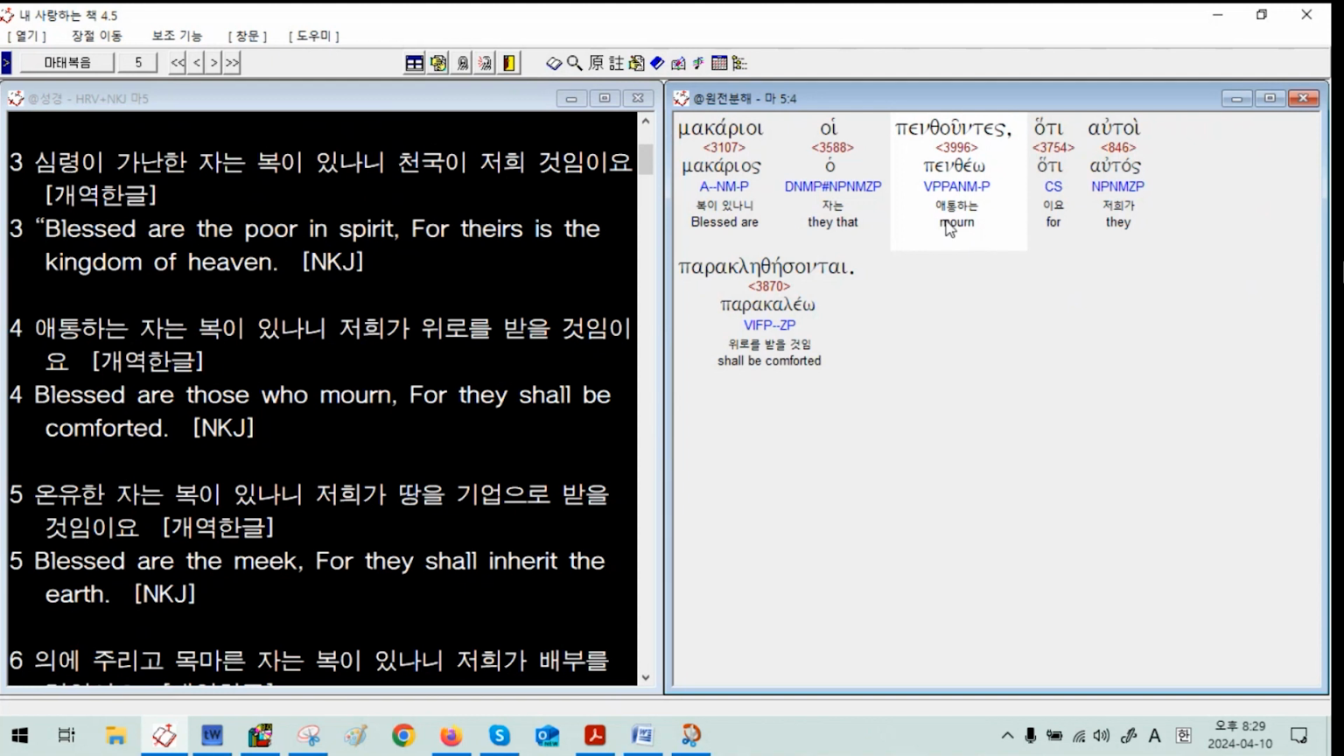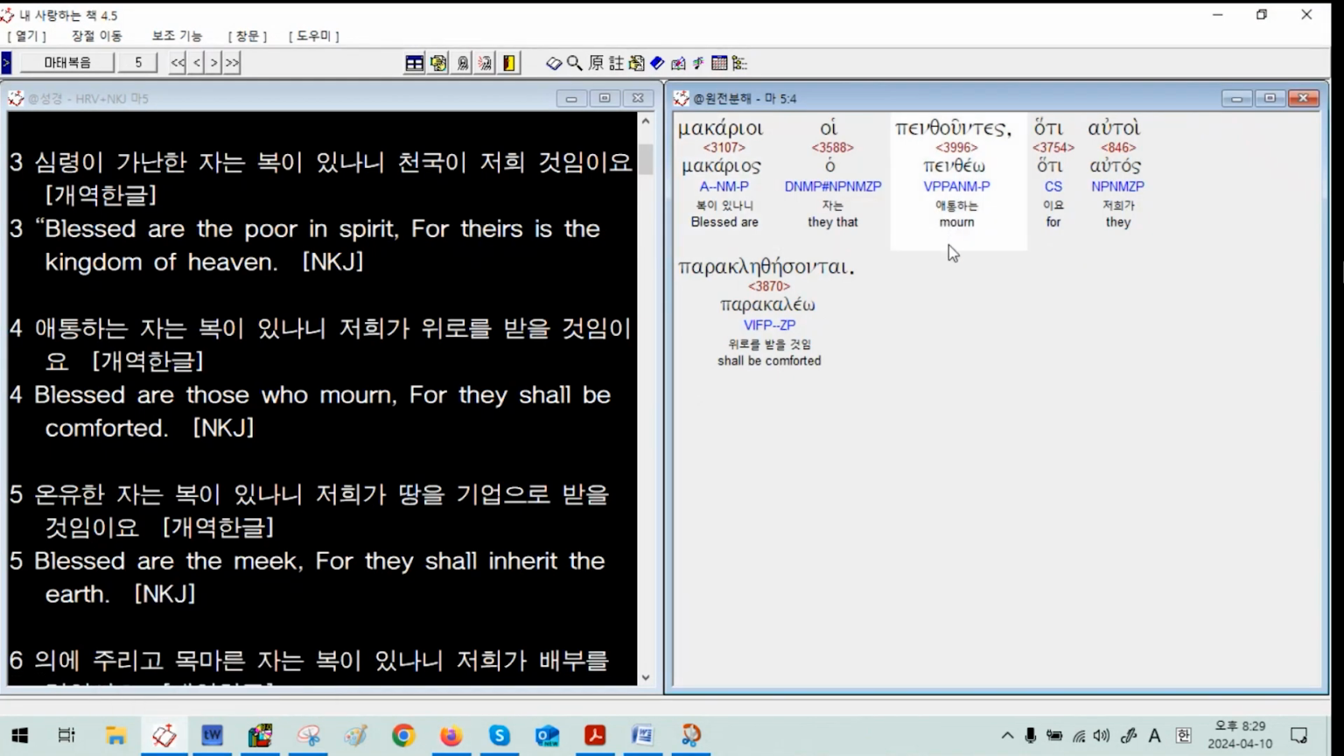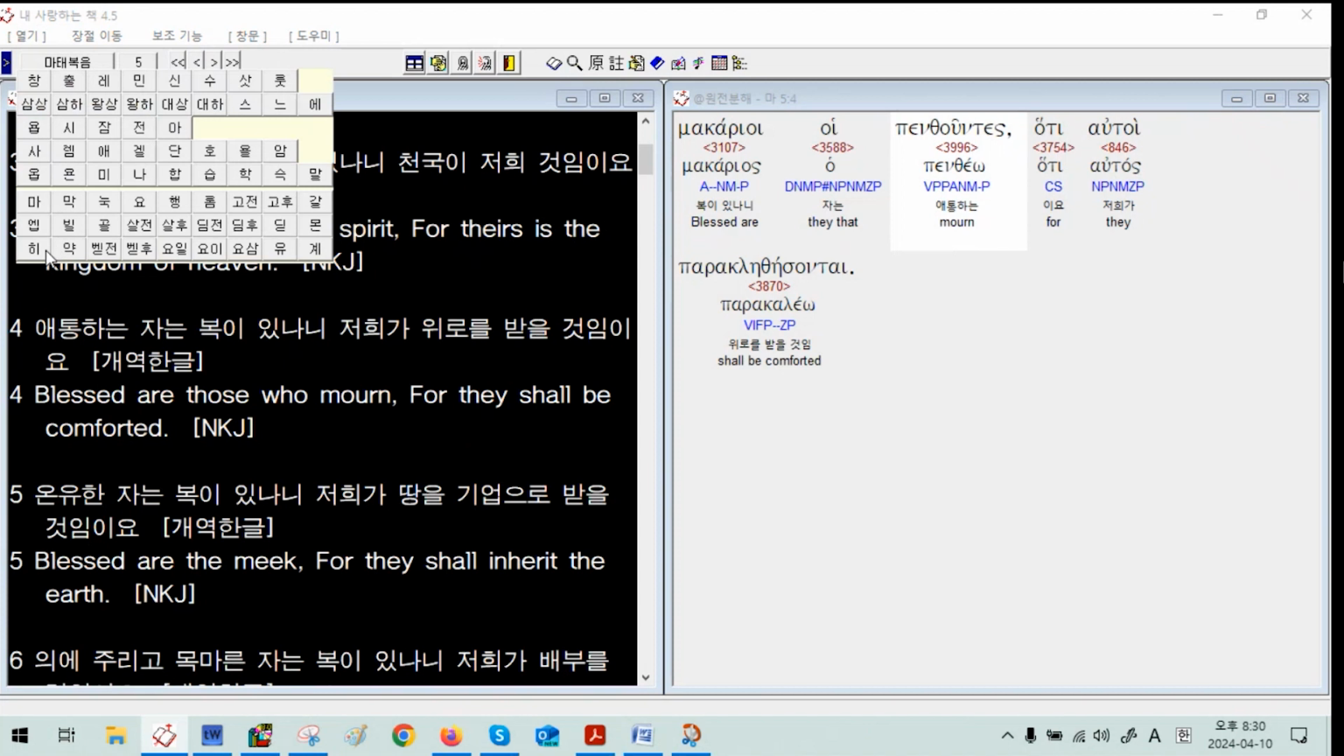Mourning. Continuously, repeatedly, habitually, you have to mourn to become the happy living. You see how much different? Feelings of joy, satisfaction, and contentment. You have to cry. You have to mourn. Mourn about what? When we go to James,